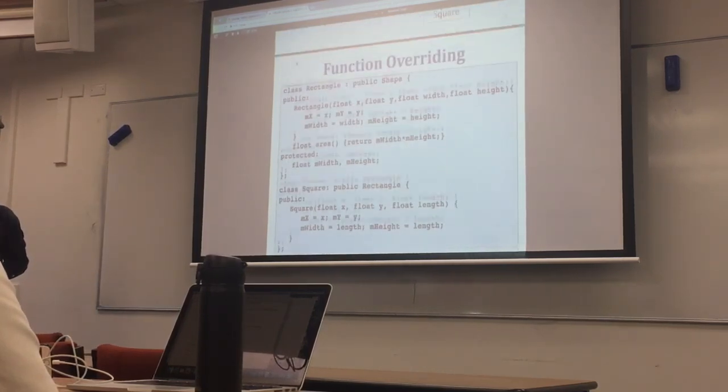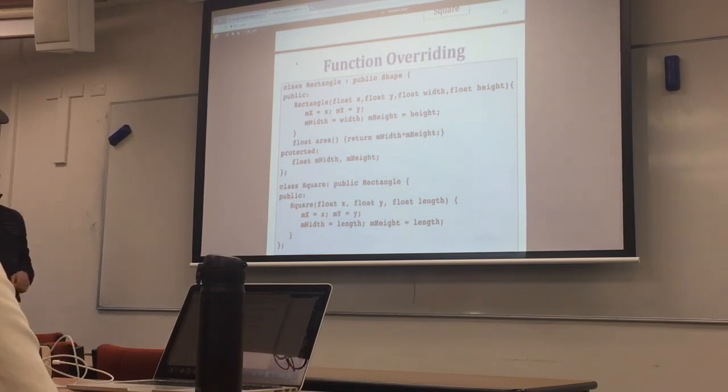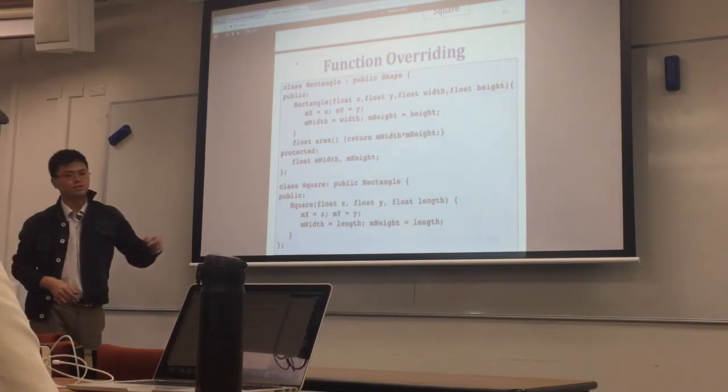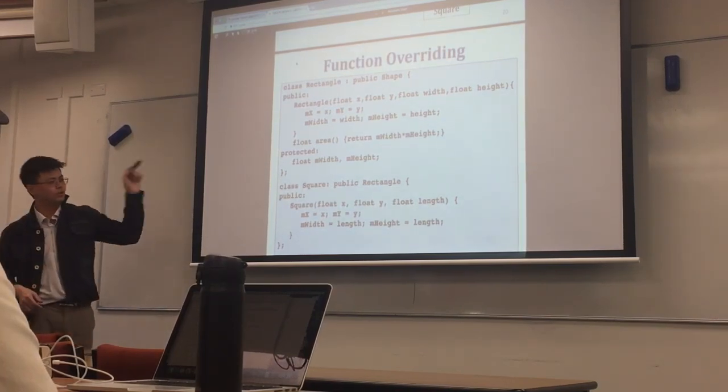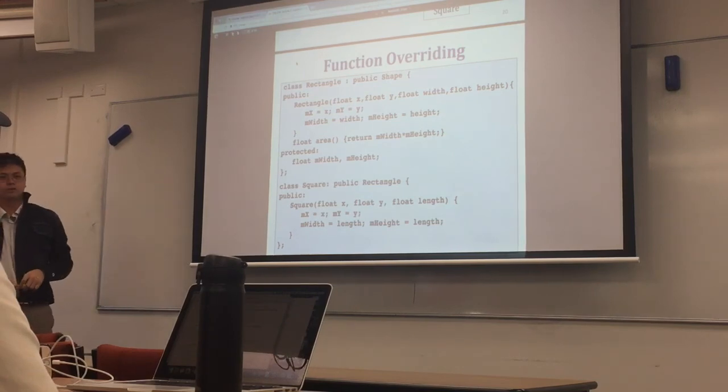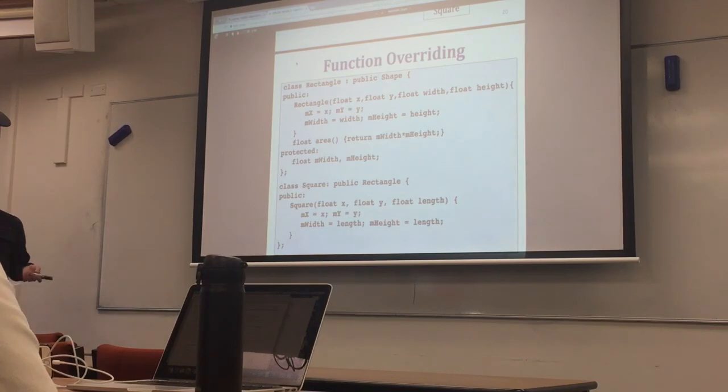Whereas in here, it is obviously true that a square is a rectangle. Everything that you can do with a square, you can do with a rectangle. So if you substitute square with rectangle, can a flag be square or rectangle? I have